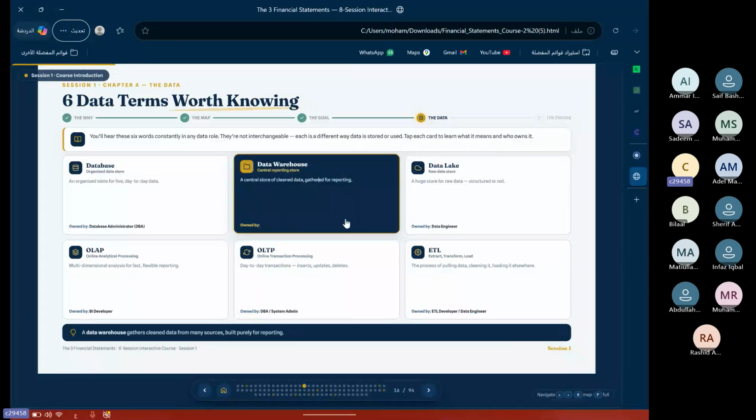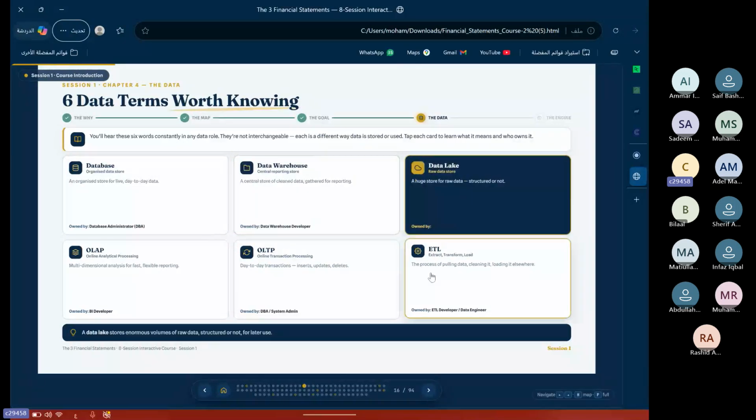Data warehouse, this is something you will find in your company if you are working in a big company. If you are not, you should build something like this for yourself. A data warehouse stores only clean data, something you already cleaned. It's not raw data. You collect your data from every department, from sales, marketing, any department, and you clean it, so this data is organized and you can use it directly. You are not afraid to use it.